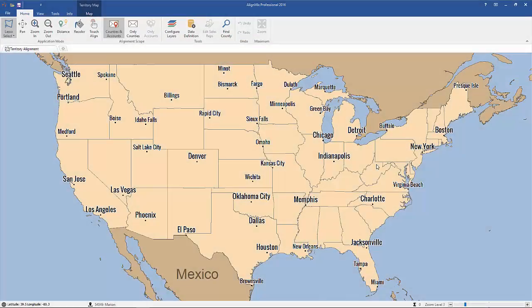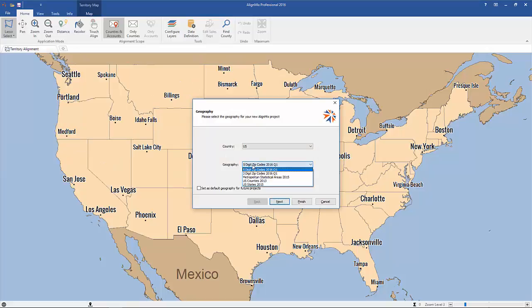In this AlignMix how-to video, I'll show you how to create sales territories by using county shapes as the base geography. To do that, make sure you open up AlignMix first. And typically, if you haven't changed the settings here, it'll default to 5-digit zip codes, and we need to change that to county shapes. So to start, click on File, New Project, and then here from the drop-down menu, you